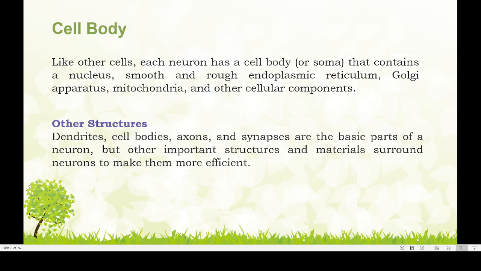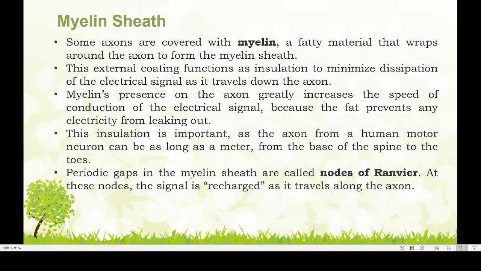Now the cell body also includes many other structures: the Golgi apparatus, mitochondria, and endoplasmic reticulum. These are the other cellular organelles which are present inside the cell body. Then what is the importance of the myelin sheath? Here you can see that this myelin sheath is basically a well protected structure,